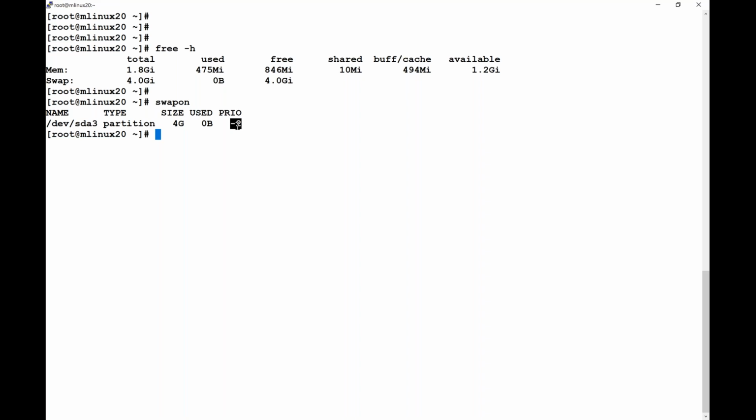Right? And if you add one more partition as swap, the priority will be -3. One more partition you add, it will be -4. One more partition you add, -5. So all the swap partitions you add will get negative priority. If RAM is not sufficient, then things will be moved out into this swap area. Okay, all right. Now, moving forward, let us say that